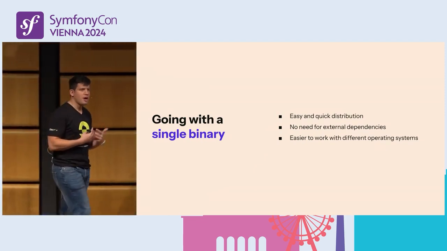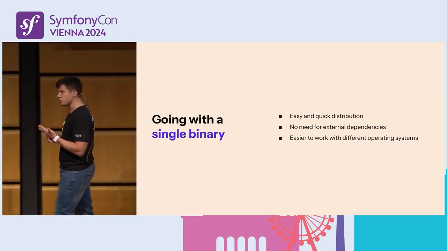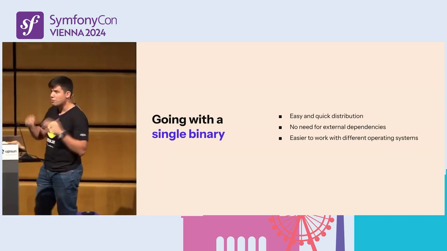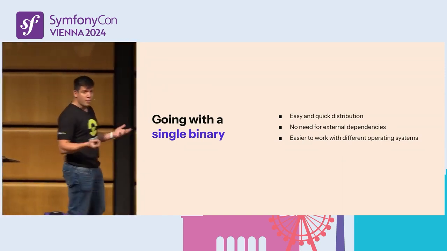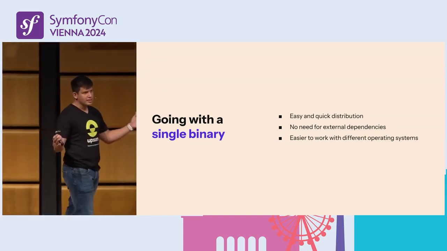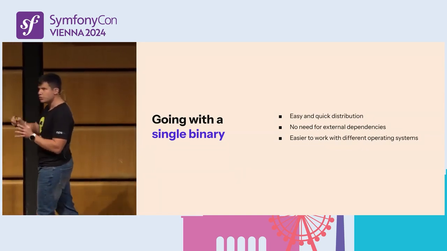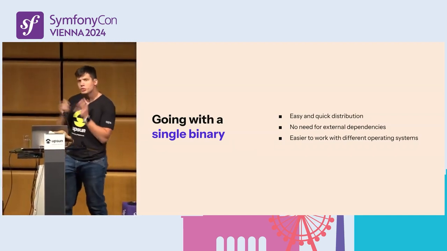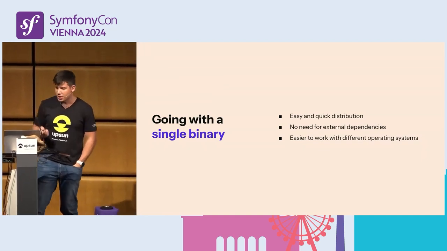Because, okay, you think about it, you say, most developers might use Linux or Mac, but there are developers using Windows, there are developers using WSL2, which is the Windows Subsystem for Linux. There are many different systems that you need to target. And then if you put architectures into play, this list goes even further. So by creating binaries for each of those architectures and each of those operating systems, it allowed us to target all those developers and make sure that we could actually help them in their day-to-day life.